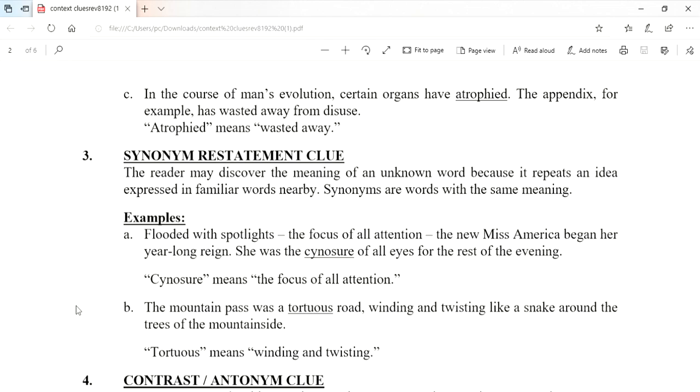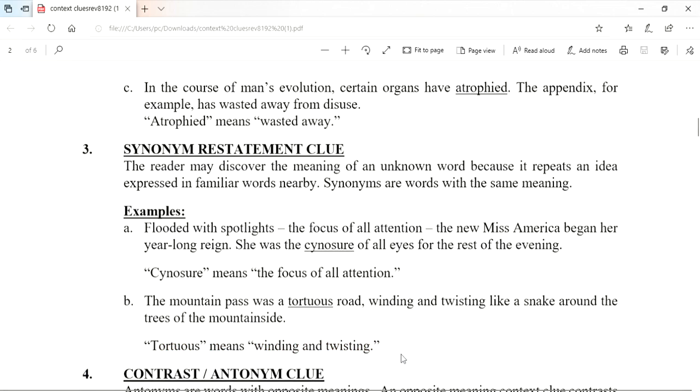Now, you can see that here too we have example clues. We have winding and twisting like a snake. It's telling us more about tortuous, so we can really clearly tell the meaning of that. So that we have tortuous meaning winding and twisting. So we are clear with that. Let's look also at